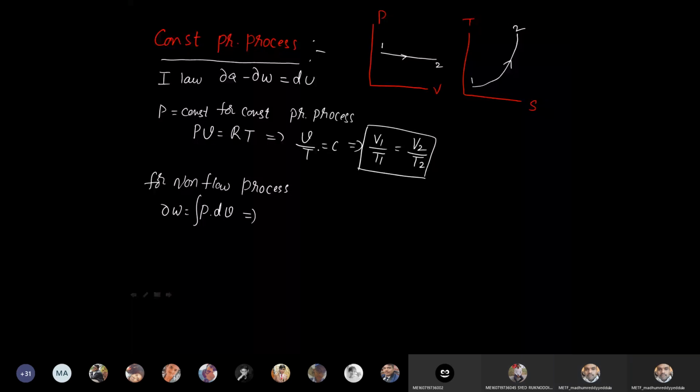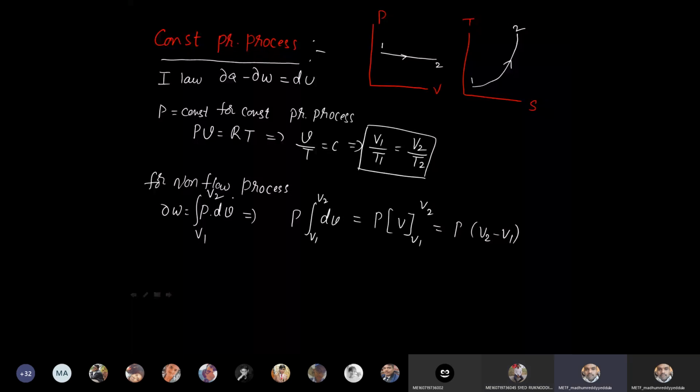Right. Integral P dV. So V by T is equal to constant. Right, now this is for the constant pressure process, right? Yeah, P is equal to constant. The volume is increasing from V1 to V2. So from V1 to V2, where P is constant, I can write it outside the integration, and integral dV with limits V1 to V2. So that is equal to P integral dV, which is V in the limits V1 to V2. So that is equal to P into V2 minus V1, right? So this is the work done in the case of the constant pressure process.